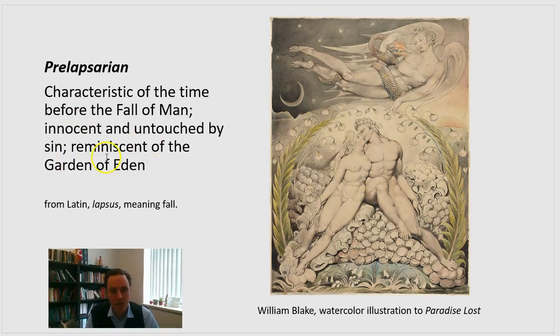So prelapsarian is a word that we're going to use, especially in discussing Book 9 of Paradise Lost, which is all about how do we write about what it's like to be a human being who doesn't sin or is untouched by sin, is unfallen. If the effects of the fall on our judgment, on our thought, on our appetites are so profound, how can a fallen poet, even one saved and justified by grace, possibly understand what it was like to never have fallen,